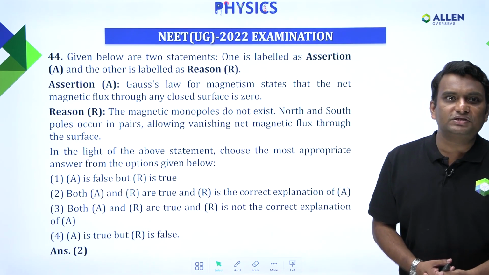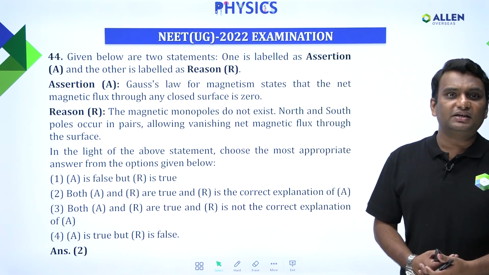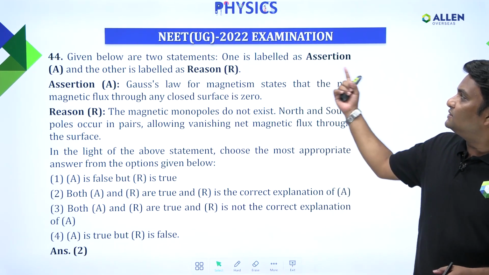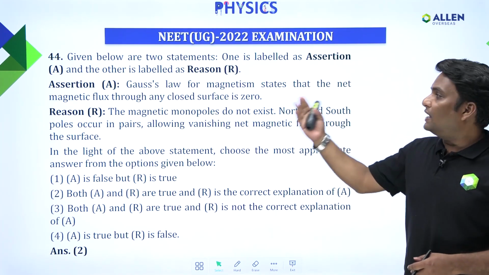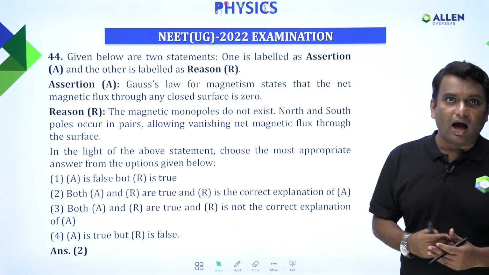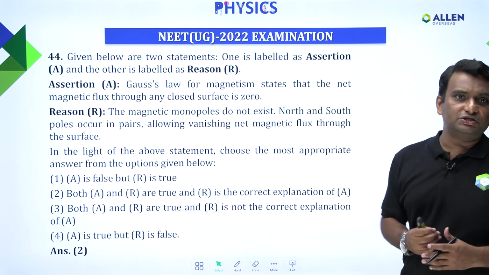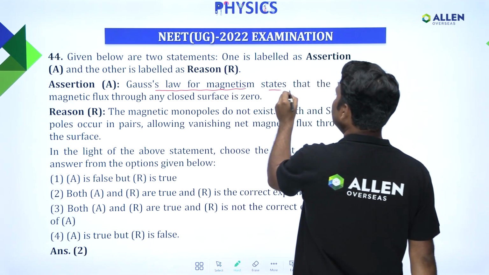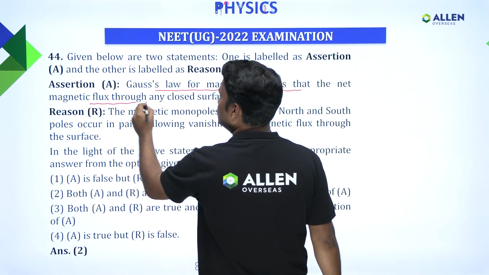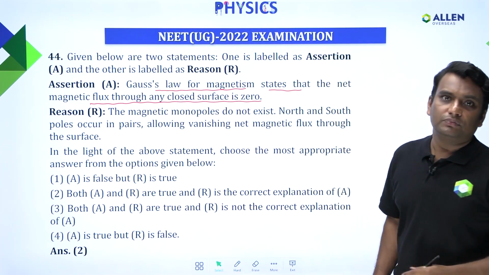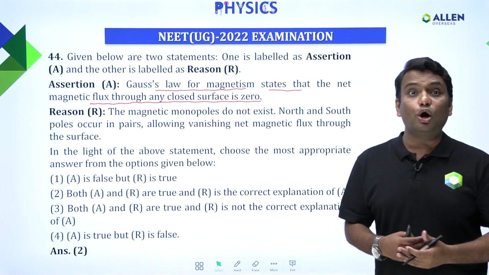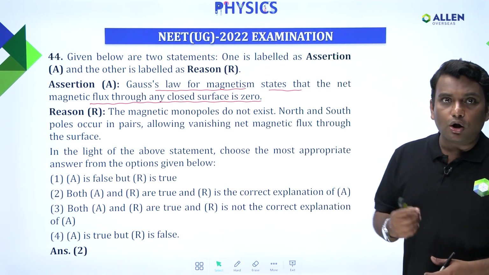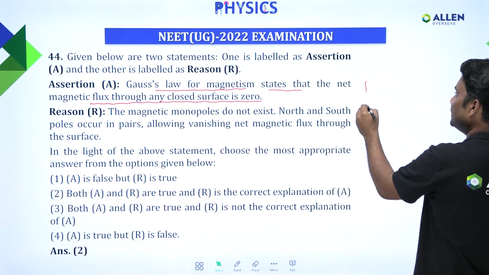Now the next question in the sequence is question number 44. It's basically an assertion and reason based question. The question says: given below are two statements. One is labeled as assertion, that is A, and the second is labeled as reason, that is R. First of all, we are going to read the assertion part. The assertion says Gauss law of magnetism states that net magnetic flux through any closed surface is 0, right? We have already learned about Gauss law in electrostatics and also about Gauss law in magnetism. So according to Gauss law, we can say